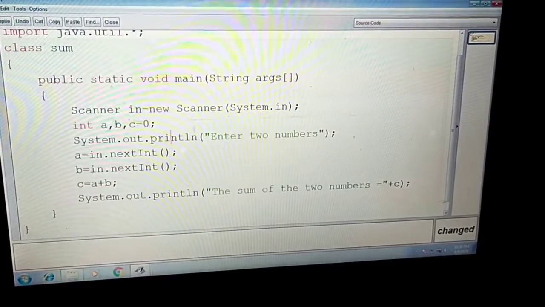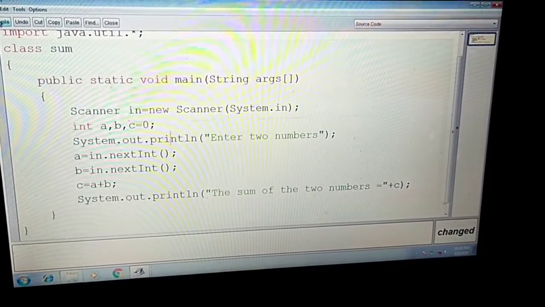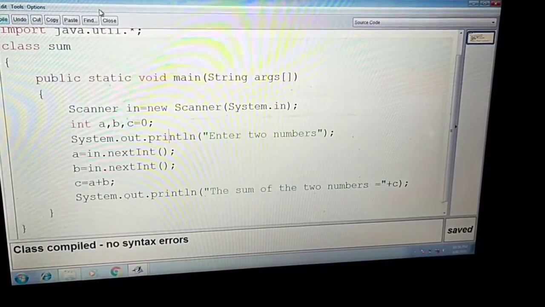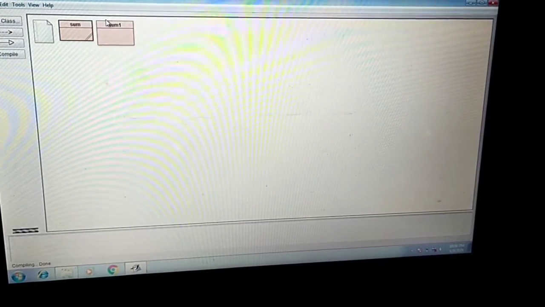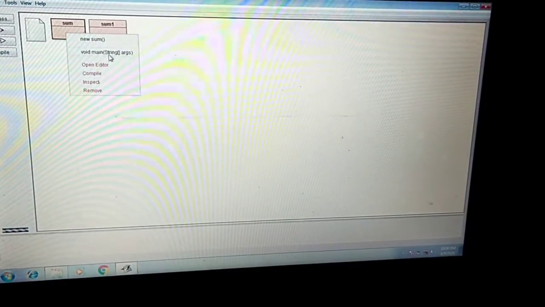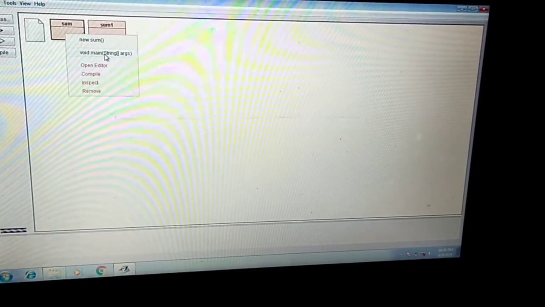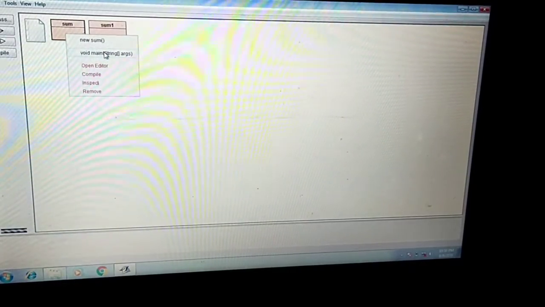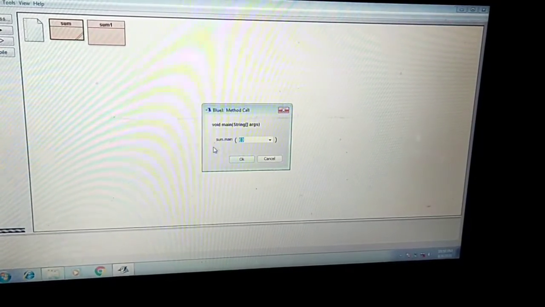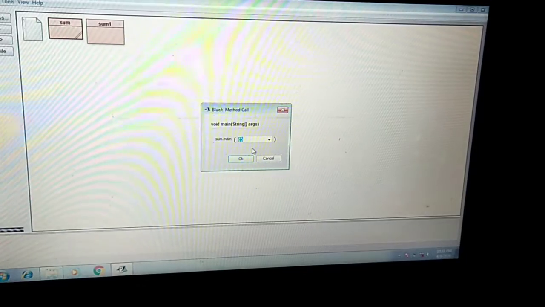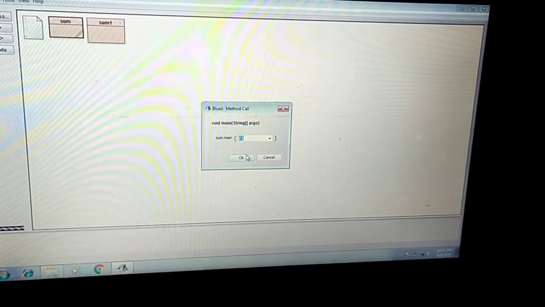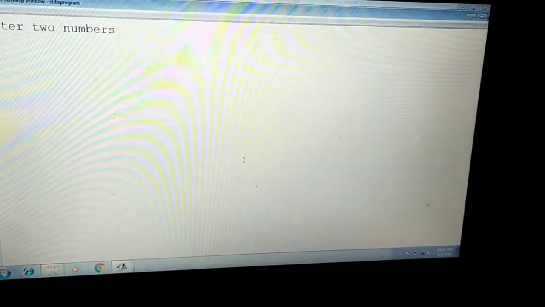Now again I am compiling this program. It is no syntax error. I just close this and I am going to run this program. Now when I right click, the void main String args function is showing me. I am going to click on this. After that, here it is not asking for a and b values. So simply I am going to say OK.